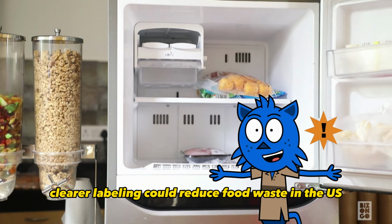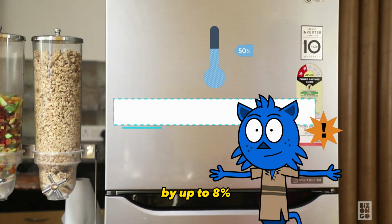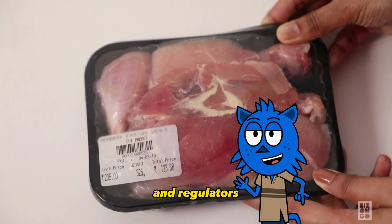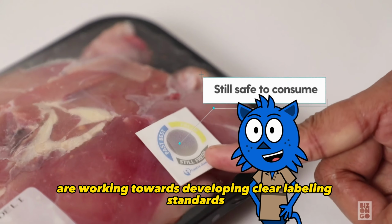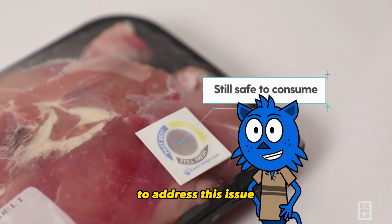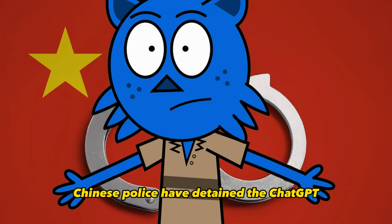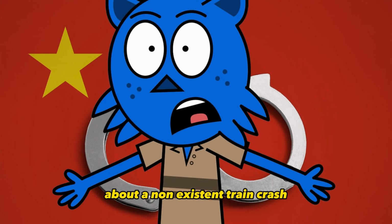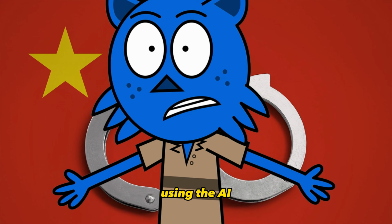Clearer labeling could reduce food waste in the US by up to 8%. Organizations like the Natural Resources Defense Council and regulators are working towards developing clear labeling standards to address this issue. Chinese police have detained a ChatGPT user for creating a fake news article about a non-existent train crash using the